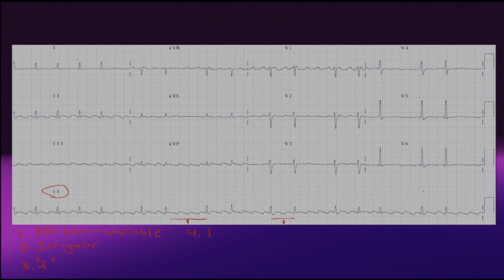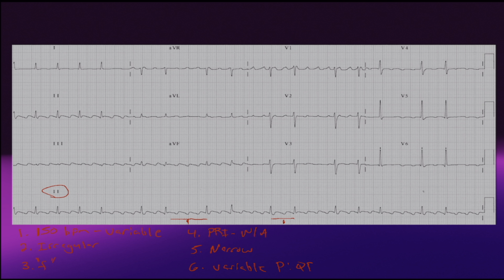Next, I'm going to keep going. Do I have a PR interval? I do not. So that PR interval is absent, so it's not applicable here. My QRS complexes, they look narrow. All right, and then my P to QRS ratio. And this is where with atrial flutter, if you were to have a 1-to-1 ratio, your patient's going to be in some serious trouble. In this case, we can see that this would be considered a variable